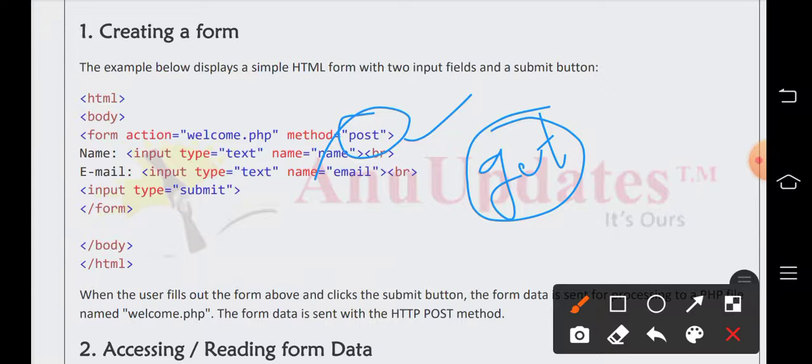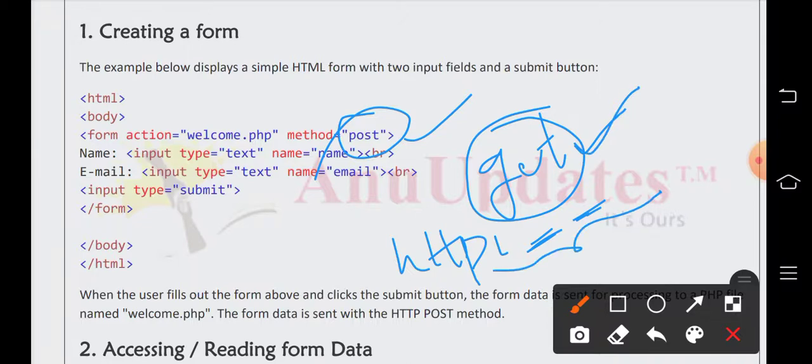Similarly, when we write the get method, all the values are visible in the http protocol; you can see some data, a mixing of hexadecimal, after http. This data is visible when we use the get method. But when we use the post method, these values are encrypted.